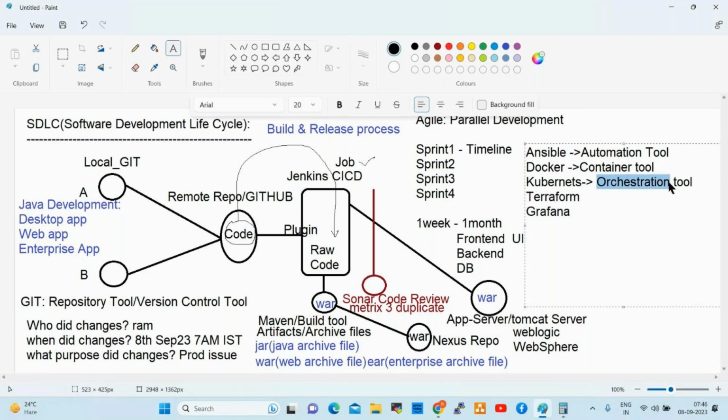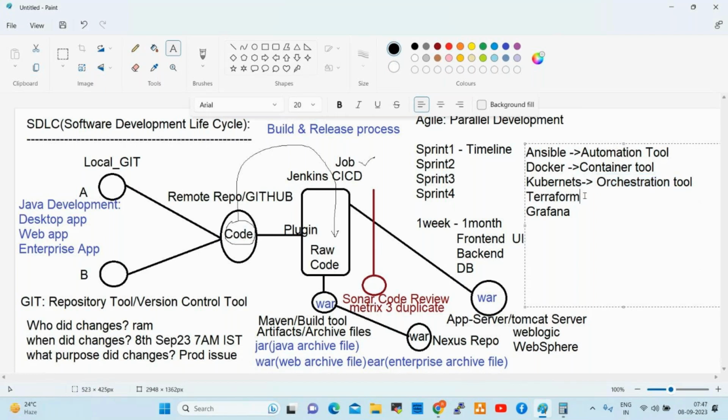Anyone having an idea? An orchestra is nothing but a group of instruments. Together they play, right? In between, one person will stand and move the hands. That is orchestration. He will control all the instruments. You will direct all the instruments, right? So Kubernetes is an orchestration tool. It will manage all the node servers, target servers, right?